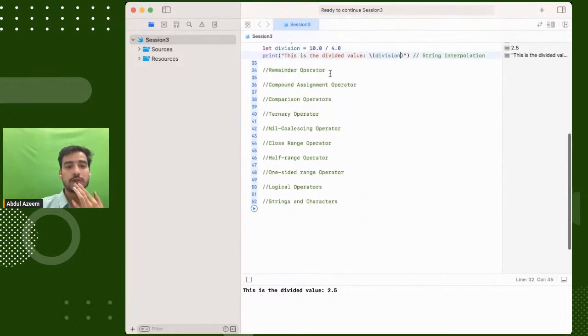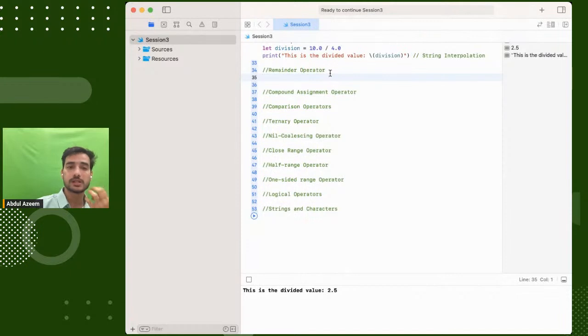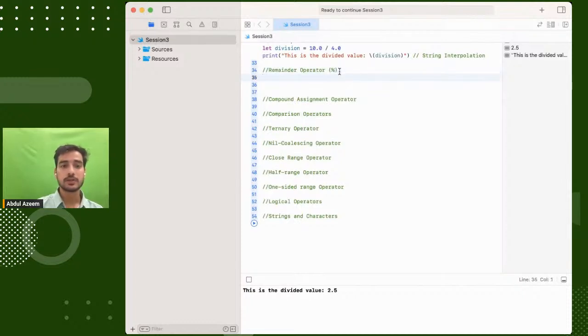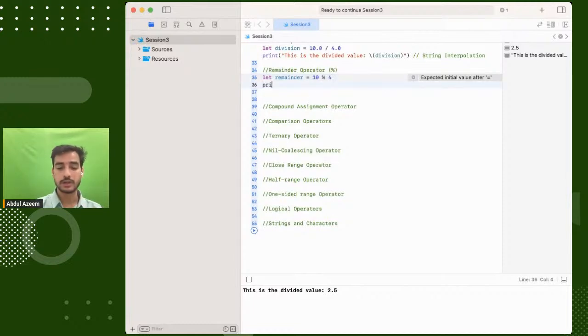So now we move on to the remainder operator. The remainder operator is the operator which will give you the remainder of a division. So let's say in our code, the symbol will be this percentage. So I would write it like this. So let remainder, it will return the remainder of a division. Let's say 10 divided by 4. So print